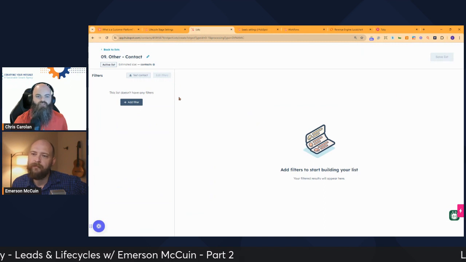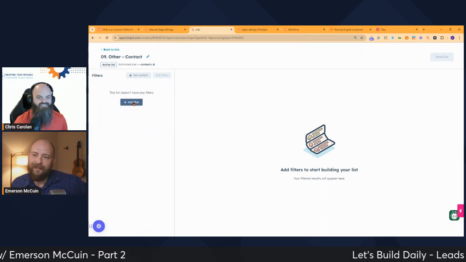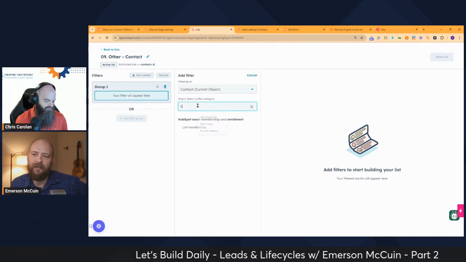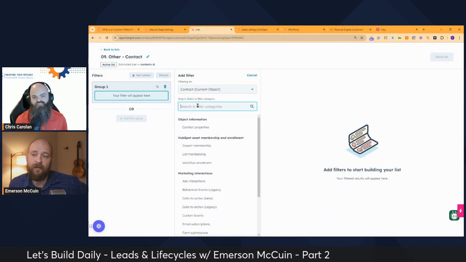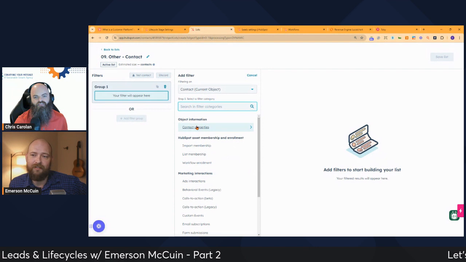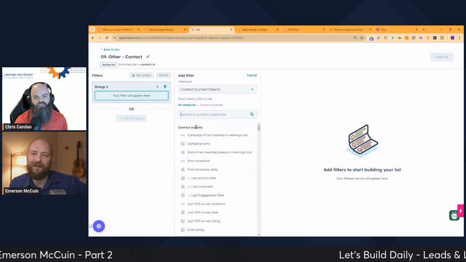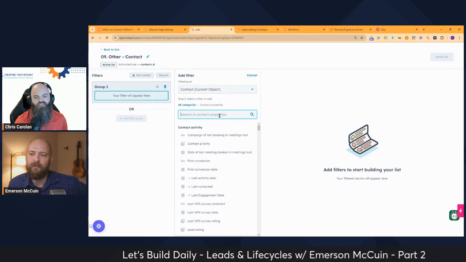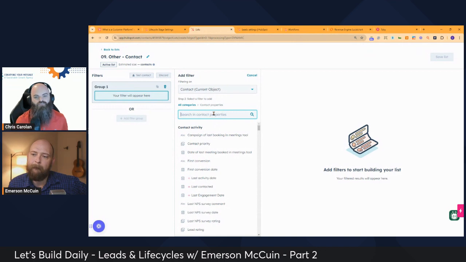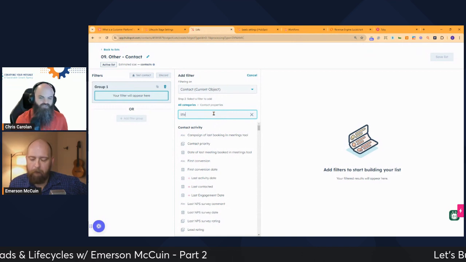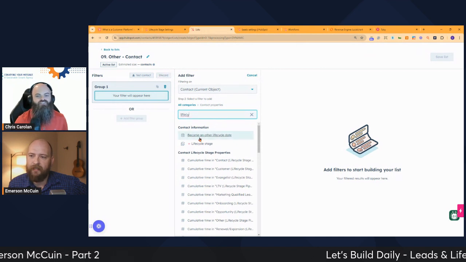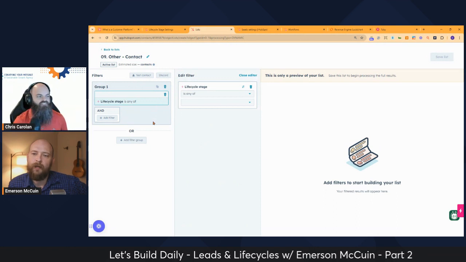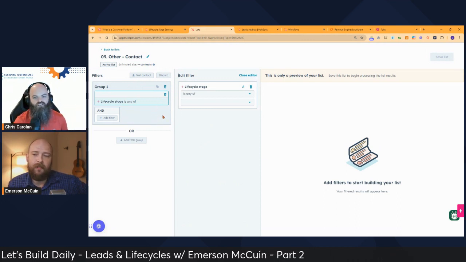All right. Is it as simple as I think it is? It can be. Yeah, it can be simple. Folks may have certain criteria that they want. For us, I have created a property, lead qualification, or rather contact qualification status. If it's unqualified, it gets moved to other. It just skips all of our funnel stages, goes to the end, and moves out of our systems. But in the case of this list, I'm just pulling up lifecycle stage. Perfect. Or you're saying that what you just described is part of this list filtering too? Yes. Okay.